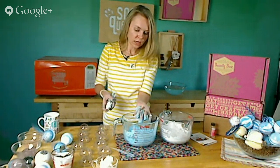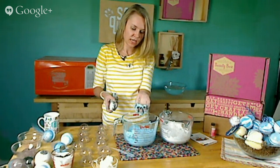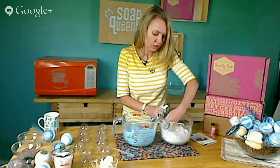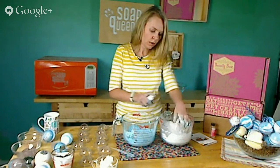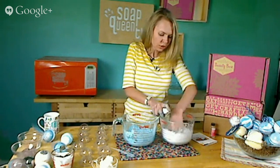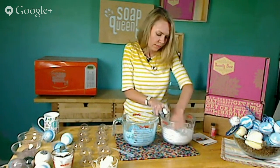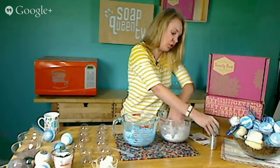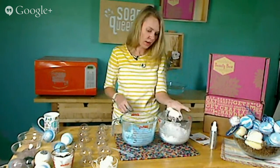So right now I'm doing kind of the pinch test. It's where you squeeze it, and if the mixture stays together, it's ready to go. It's staying together over here. So let's check our white side. And it needs a little bit more help here. So I'll just do a few more sprays of witch hazel and make sure that it's wet enough. Too wet and it gets sticky and it's difficult to work with, and too dry and it doesn't form together,